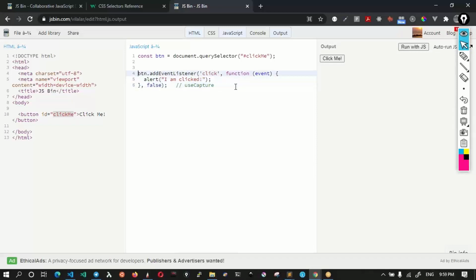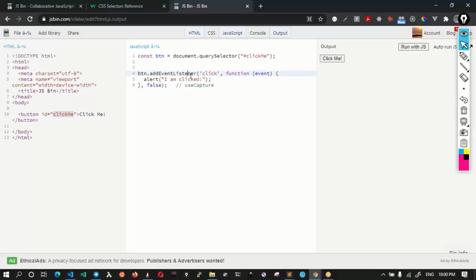Now, how can we write the same code, say using the modern ES? This is the old way to write function. Okay, how can we write it using the modern ES6 or ES7 notation, right? Using arrow function. Okay, we'll talk about use capture, Rakesh. Okay, just keep this point in mind. Okay, this is a big topic we'll be covering later on. Okay, I'm only keeping it for syntax right now. Even if you don't pass it, it will be false, but we'll have a separate session on event bubbling.